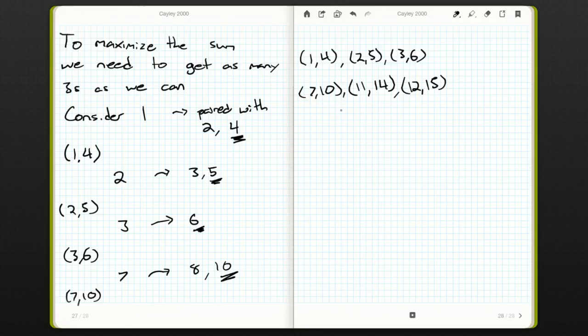So, I shouldn't have 11 and 14 here. I should have 8 and 11. My mistake, I jumped up. 8 and 11 and 9 and 12. So it looks like